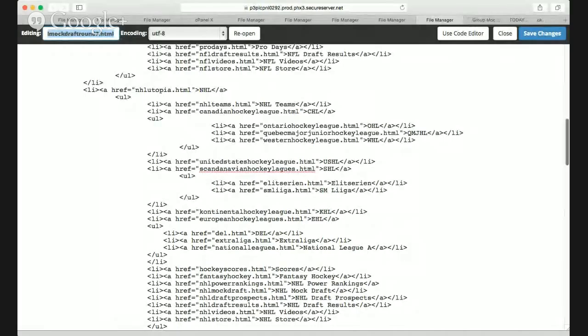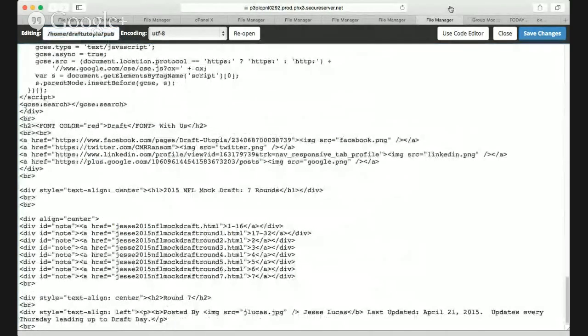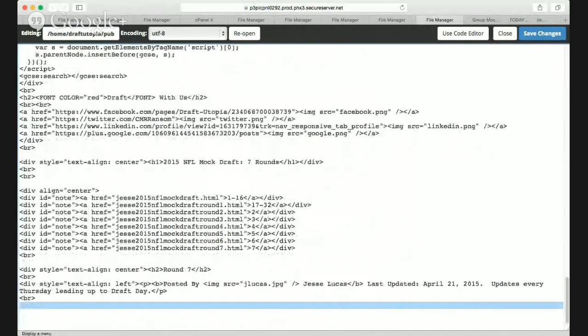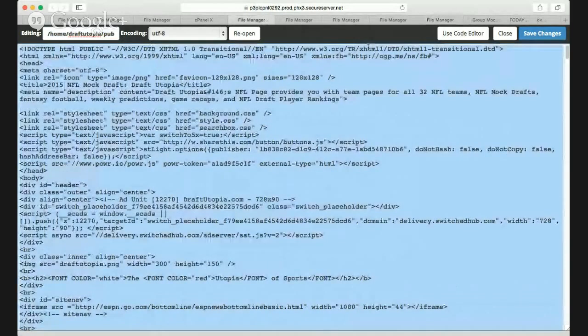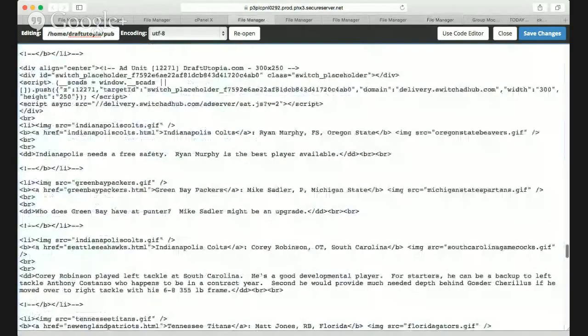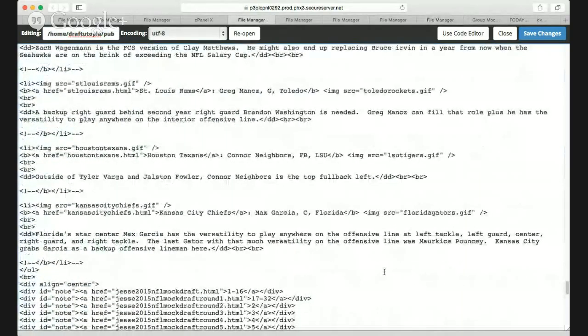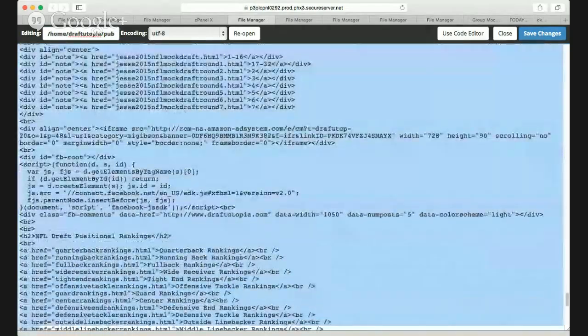So here we go, and this is the final piece. There's one more piece after this, and that's the thing you see on the bottom, like the links to all our pages and stuff. That stuff goes on the very bottom. And here we go. This is the bottom. This is it.